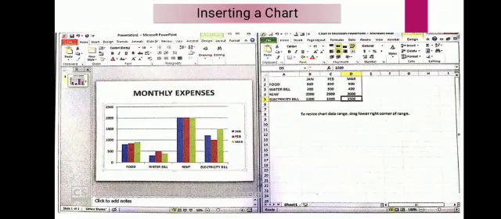Now click on the insert tab. In the insert tab, options are given: insert chart. Or, as I showed you at the start, in title and content, icons are present for inserting a table and for inserting a chart. So from there also you can click on insert chart. The insert chart dialog box will appear.